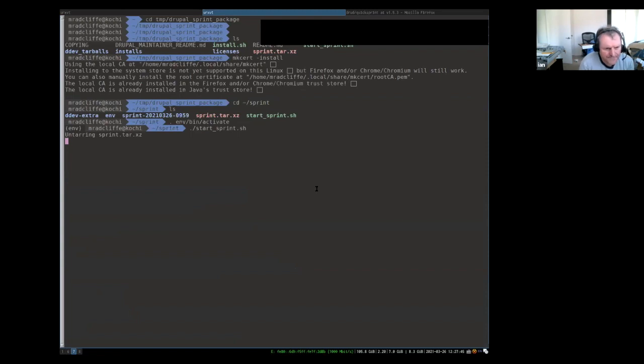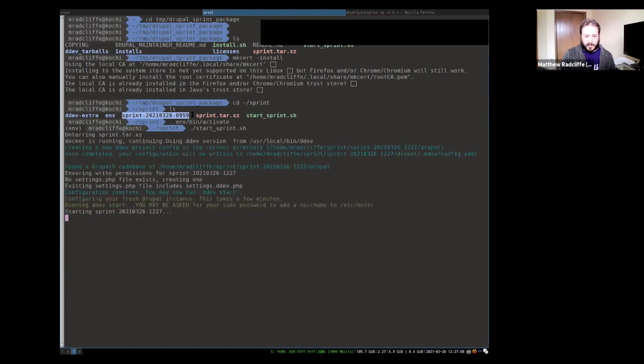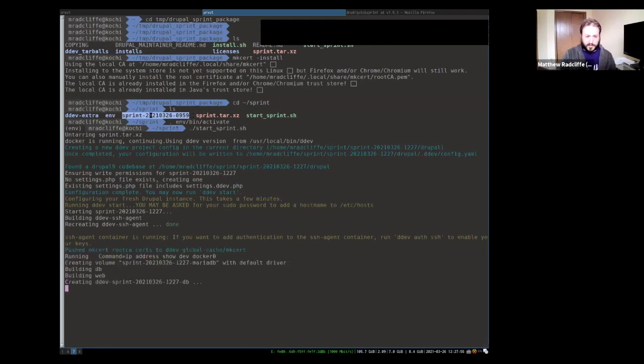What this is going to do is create a directory kind of like what's up here, sprint. It's going to create a new environment every time you run the start sprint command, with the current year, month, day, hour and minute.